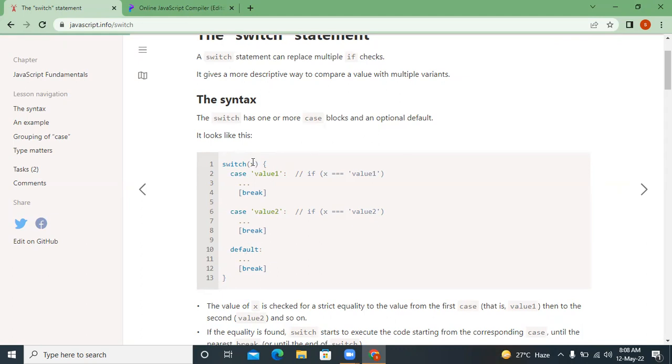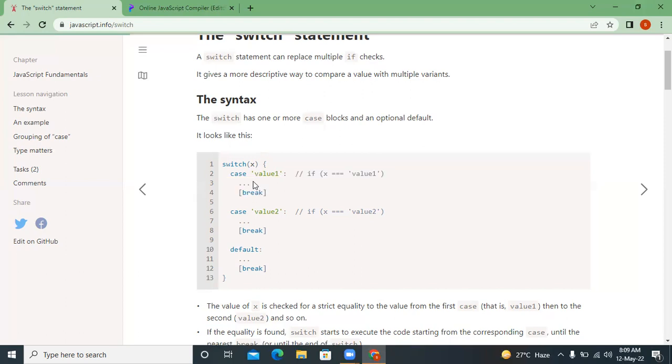So this X should hold the value of any of these, like Monday, Tuesday, or anything, right? So if any of these cases gets satisfied, for example X holds the value of Monday,